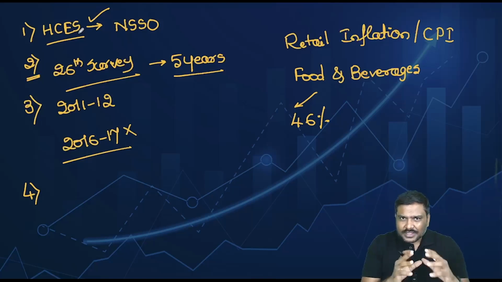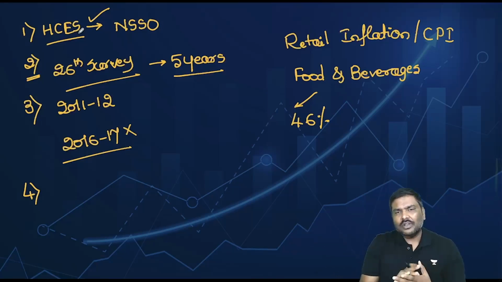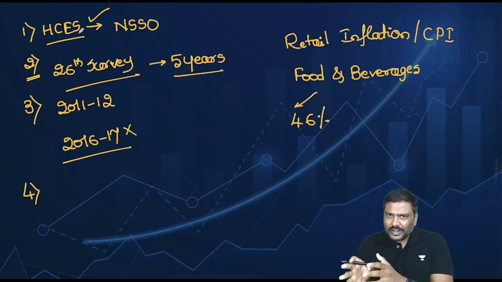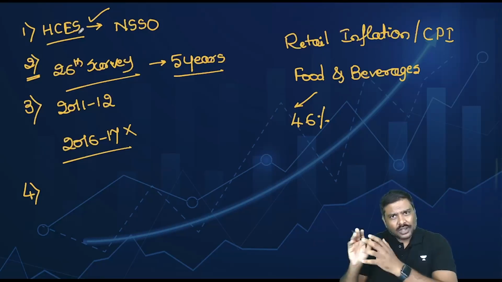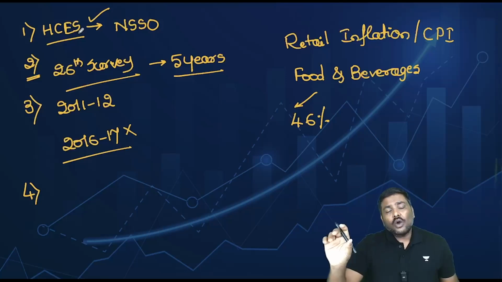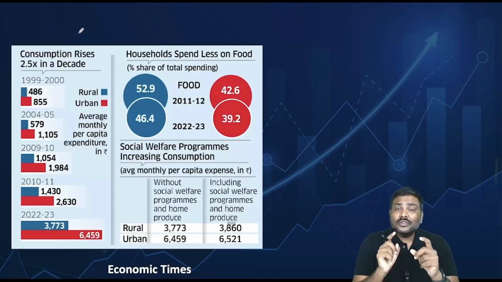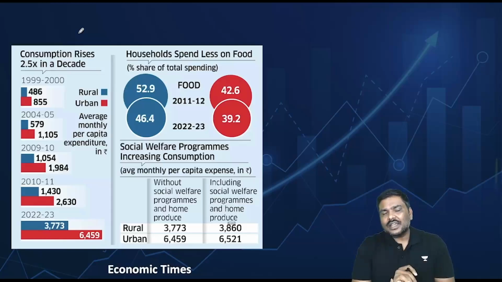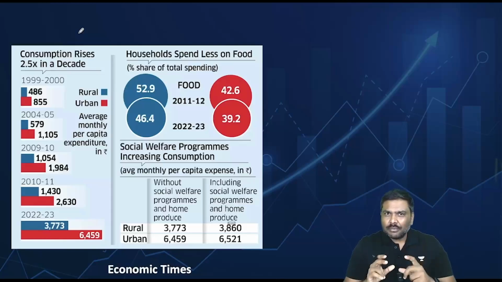The last survey for which data was available is 2011 and 2012. So the Government of India announced that it will conduct one more survey for 22 and 23, and using this data it will publish the household consumption expenditure survey observations. Now, what are the findings of the latest survey, which has been published after a gap of 11 years? These are certain important points.